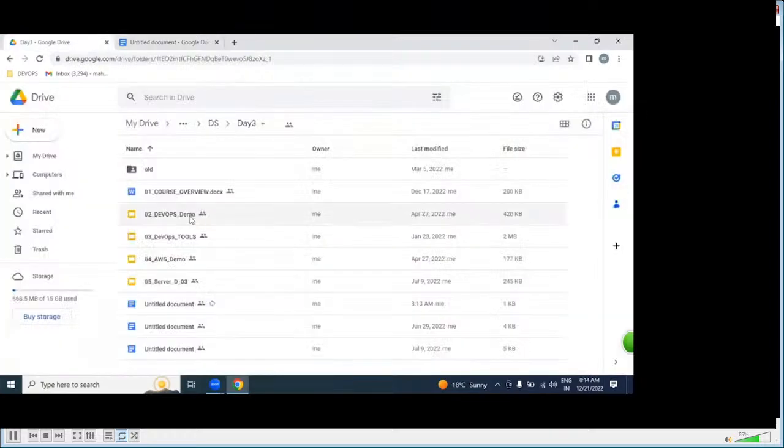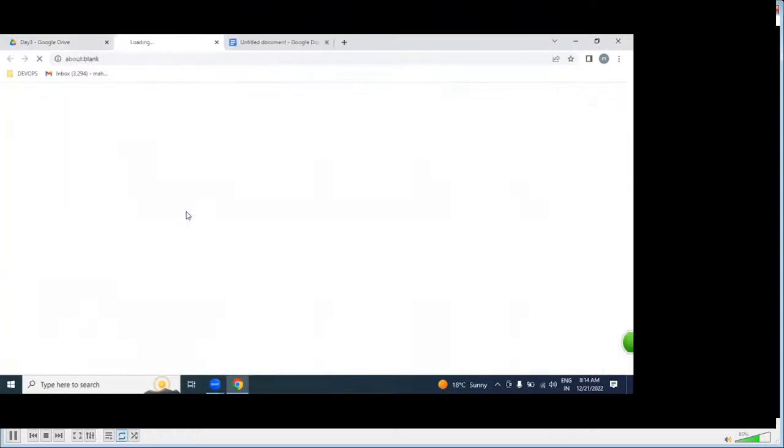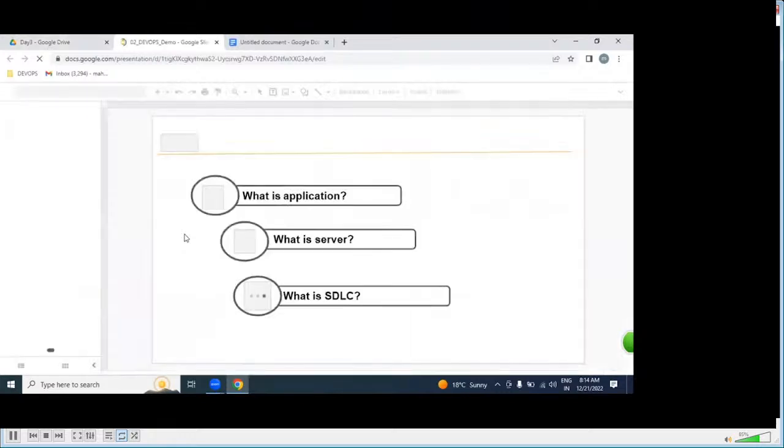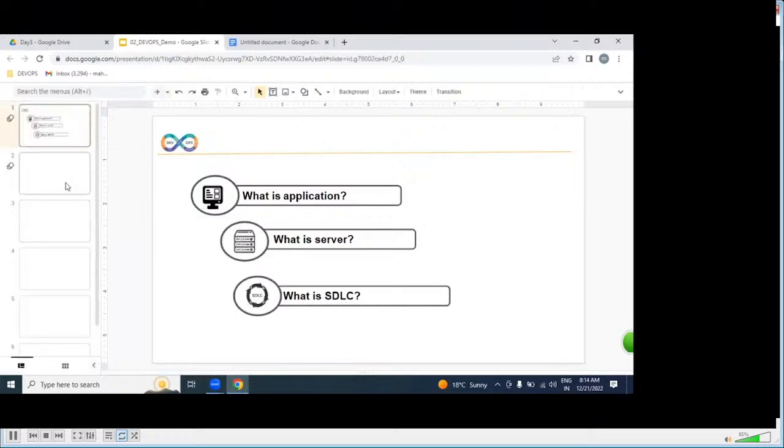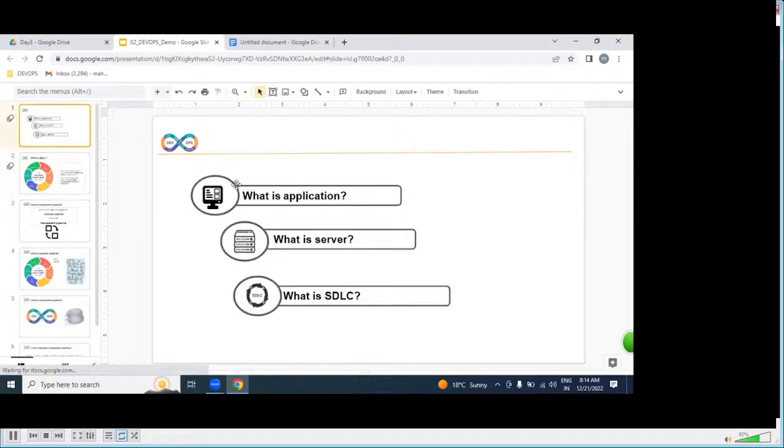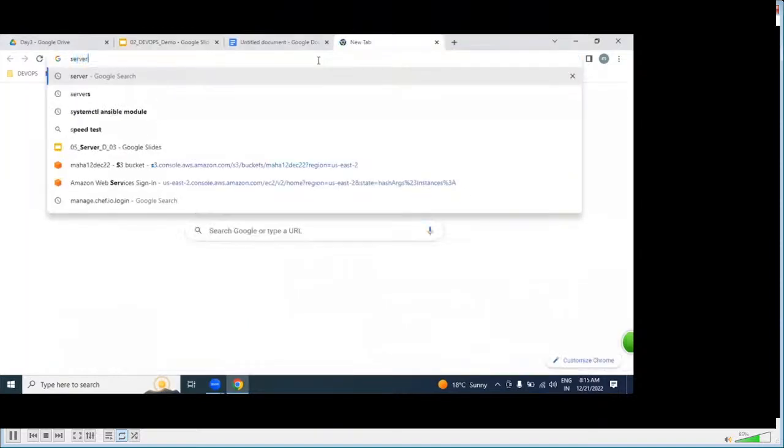So first, let us start. Tell me, what is DevOps? Please, anybody help me. You know very well. What is your application? An existing student: an application is nothing but a website. The working software, which is written in any programming language, we call as an application. That application we are going to be placing on where? Server side. Excellent. Thank you.